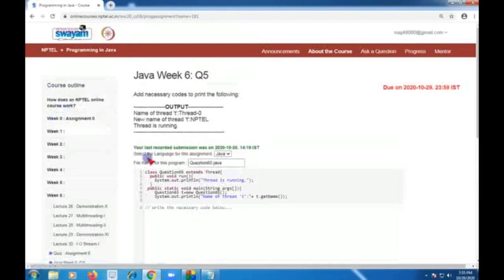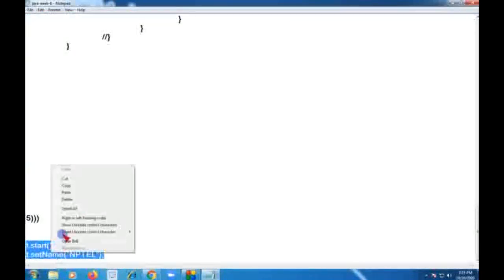So let's go to the final programming question of week 6. I'm giving an enter here and writing in the next line. In the fifth question, there is only a small code to write, because they have given the majority of the code. We should use these 2 lines of small code.